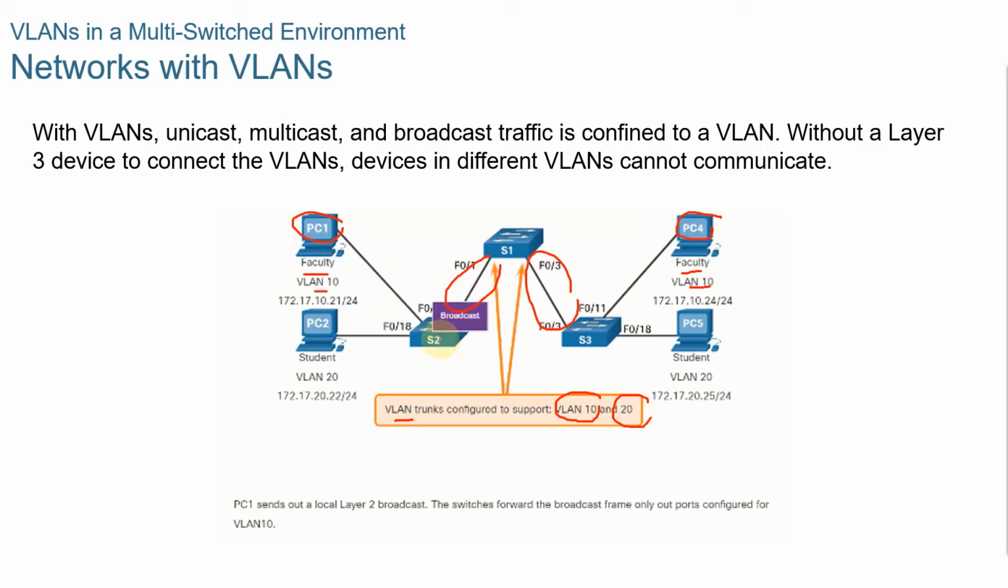Now, when switch 1 receives the broadcast frame on FA01, switch 1 forwards that broadcast frame out of the only other port configured to support VLAN 10, which is FA03. When switch 3 receives the broadcast frame on FA03, it forwards the broadcast frame out the only other port configured to support VLAN 10, which is port FA011. So this would be our destination there. Now, the broadcast frame arrives at the only other computer in the network configured in VLAN 10, which is faculty